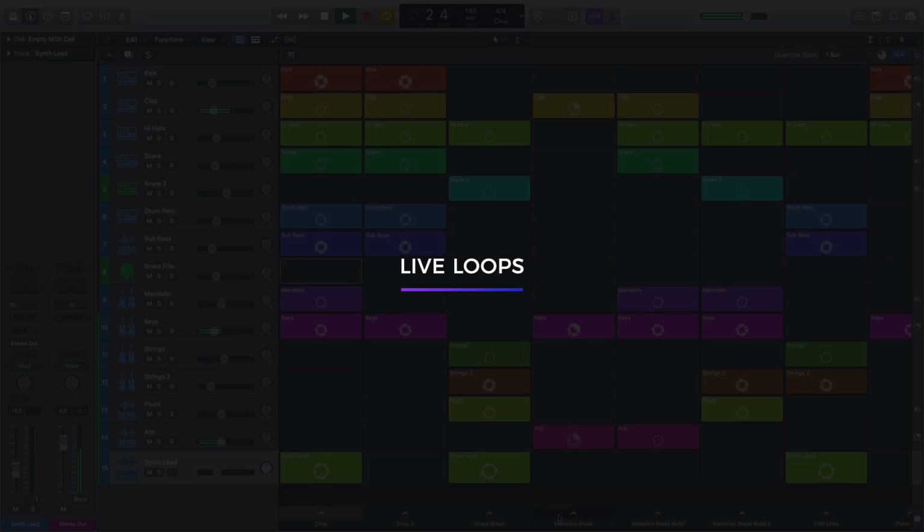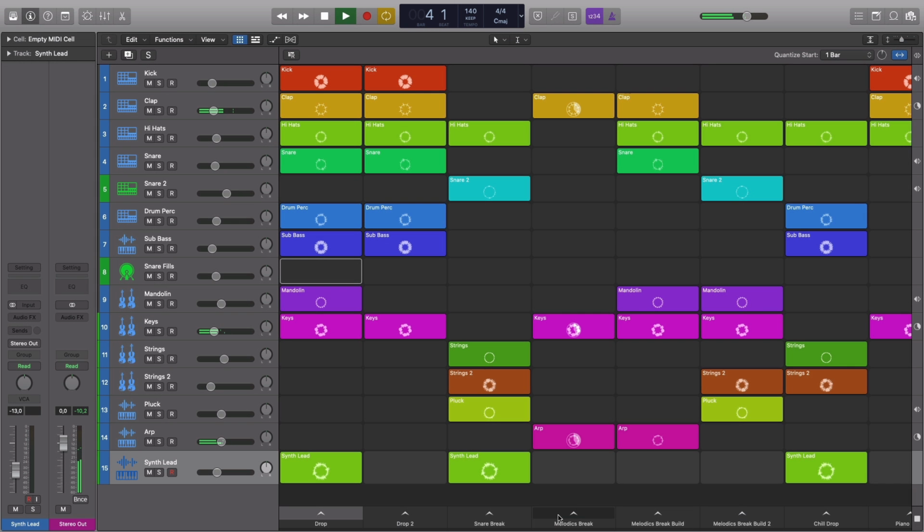Live Loops is probably the biggest workflow change we've seen in Logic Pro, as the way you kickstart new ideas now will be completely transformed. Users of GarageBand for iOS will be familiar with Live Loops, but this is way more advanced. Essentially a sketchpad for new ideas, Live Loops has been designed to help you create and write music in a